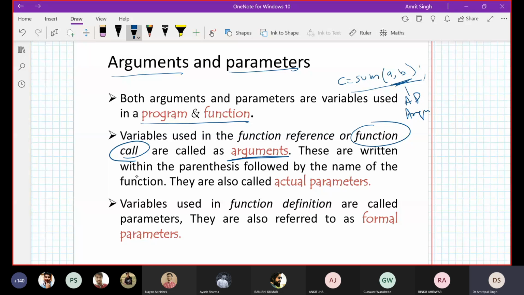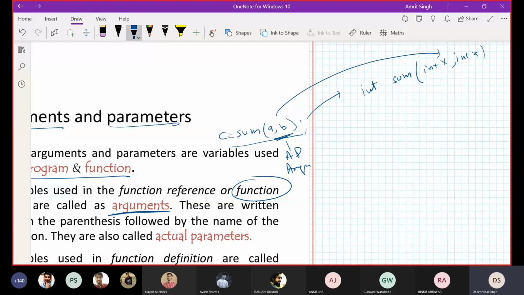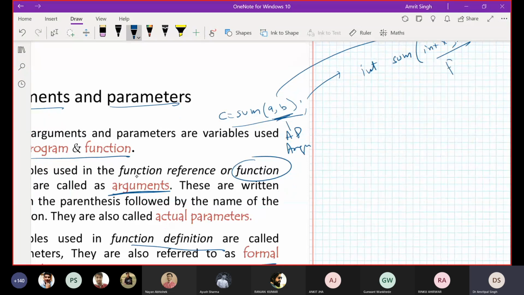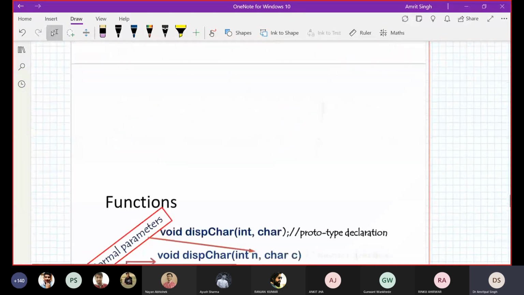The variables used in the function definition are called formal parameters. The variables which are used to catch these actual parameters are known as formal parameters. Their data types should be the same.